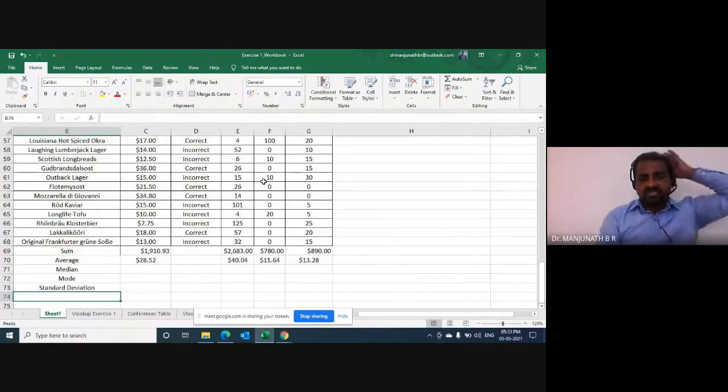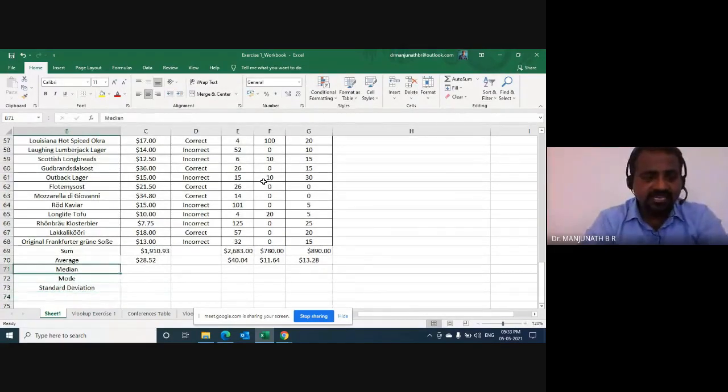Write down these 3 things in your Excel. Now let us get the median for column C, column E, column F, and column G. Can we proceed?